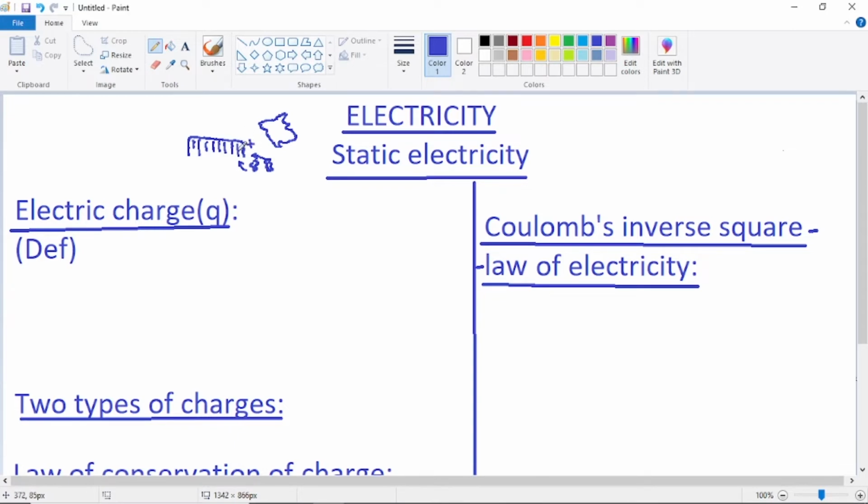This special property itself is called electric charge, or simply charge. So electric charge is that property established on an object which makes the object attract or even repel other substances. That property itself is called electric charge. Now, a very important thing about electric charge is that it is found that every substance, not just a comb, even